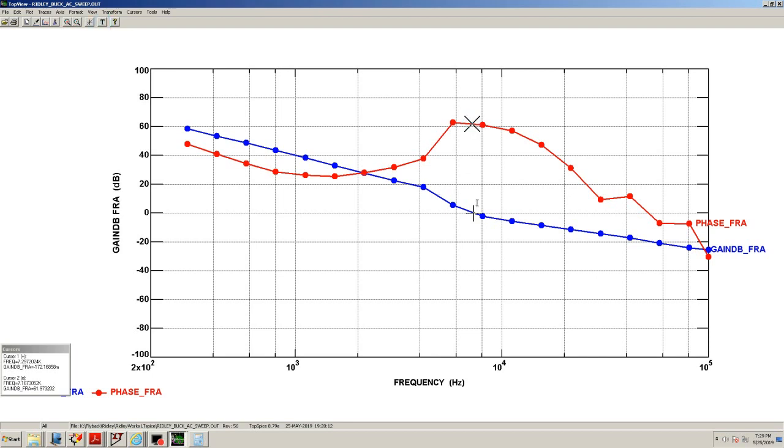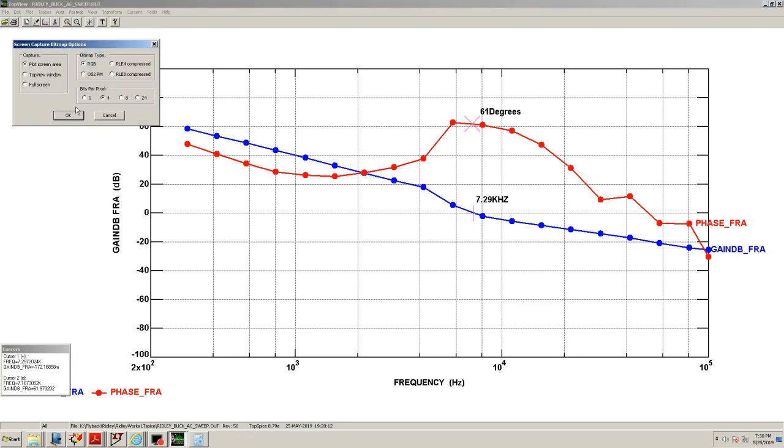So I believe the crossover is about 7.29 kilohertz, and the phase about 61 degrees. I'll put 31, it should be 61. Okay, so I'll go ahead and copy that,